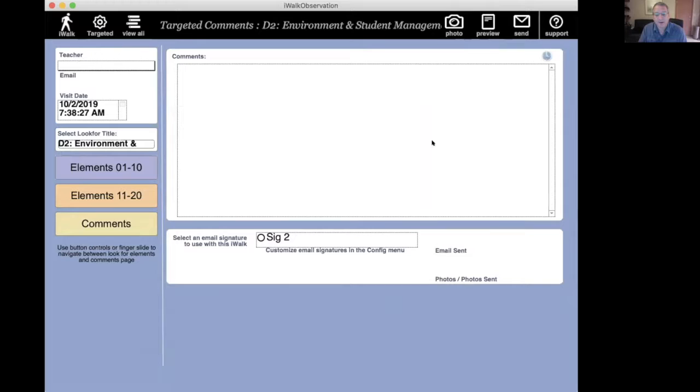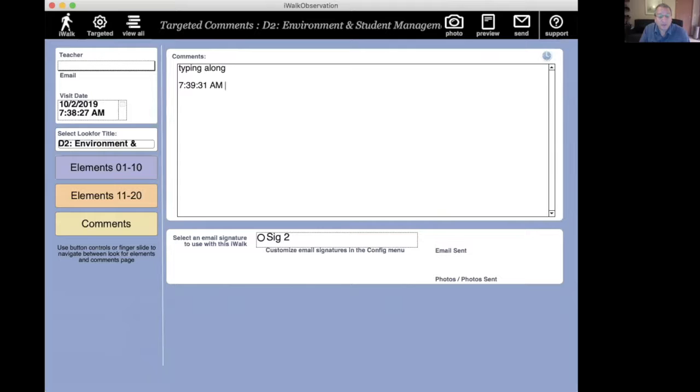Now my comments box, I do have a comments box in targeted comments, so I can continue to do narrative if I'd like. And I always like to point out that up in the upper right-hand corner of every comment box is a timestamp. So as you're typing along, you can also enter in a timestamp, which will automatically place a time marker so that you're able to come back to that comment later in the lesson when you're reviewing that data with the teachers. All right, so